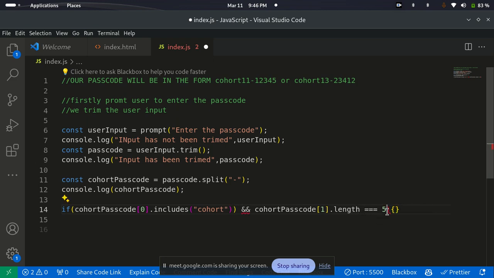Okay, I think I have to have 2 here because I want to close this so that we don't have errors. Remove this. Okay, it's fine now. With cohort passcode, okay, we just need to have matching brackets, so it's okay. Okay, let me save this,